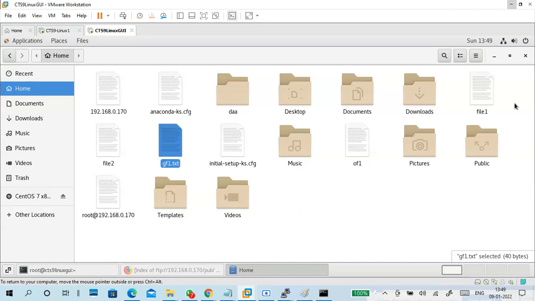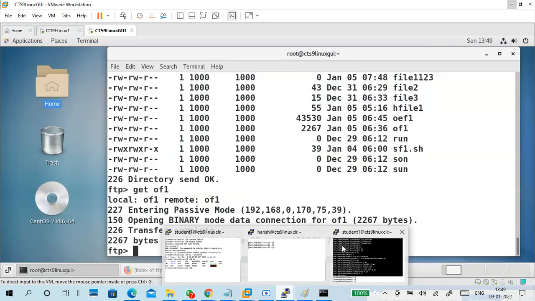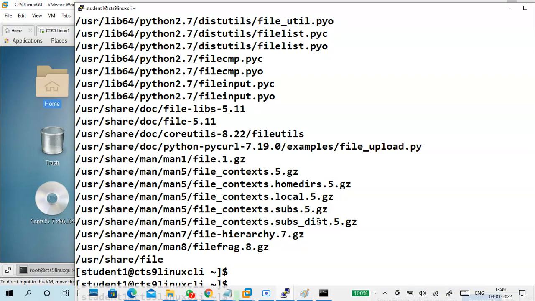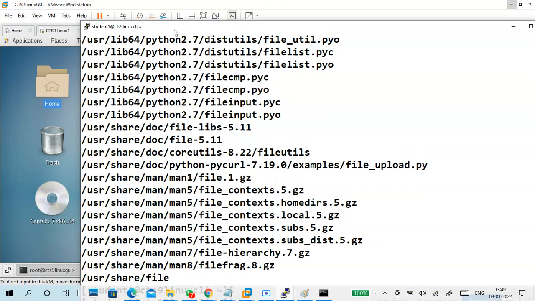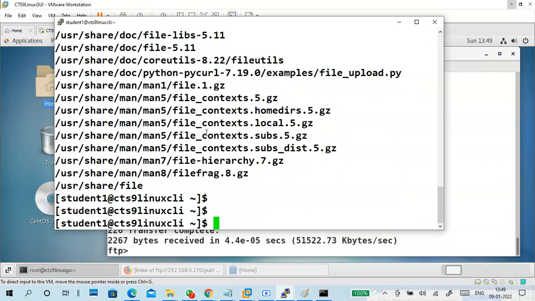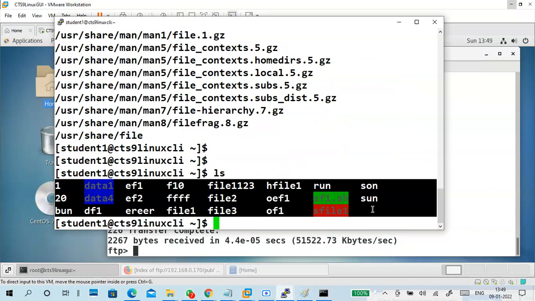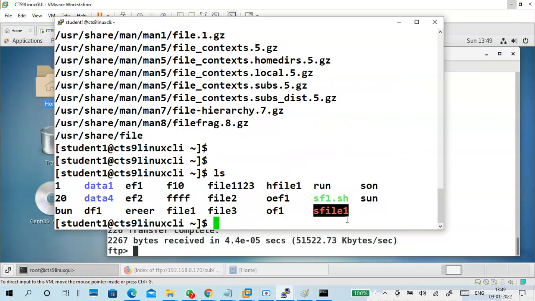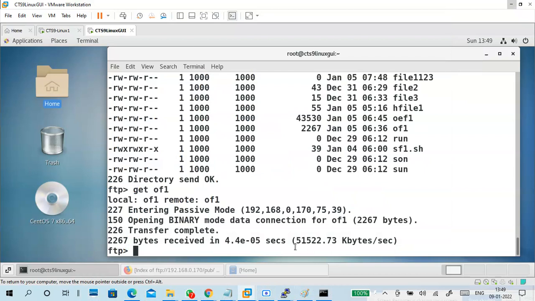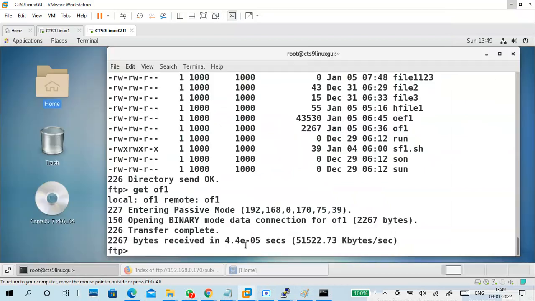Make sure that gf1 is not there on the remote. Not there, right? gf1 is not there. I'm uploading from my local PC to the remote PC. gf1 uploading. How to upload? put